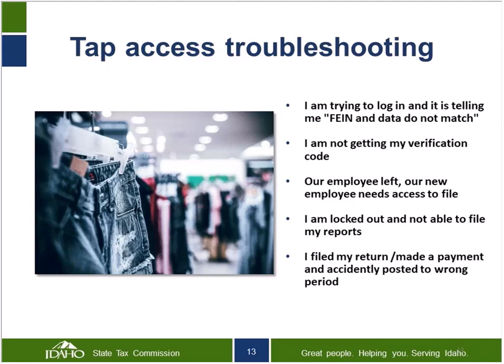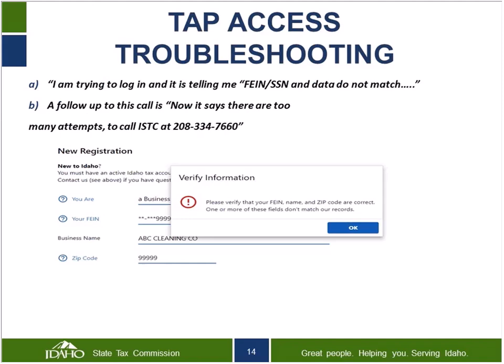I'm locked out, and I can't get in to file my returns. I filed a return, made a payment, and posted a wrong period. That's probably one of the most common, but I would say the most common is this one. They've tried to register, they say they're a business, they put in the correct EIN, the business name, and the zip code. Well,